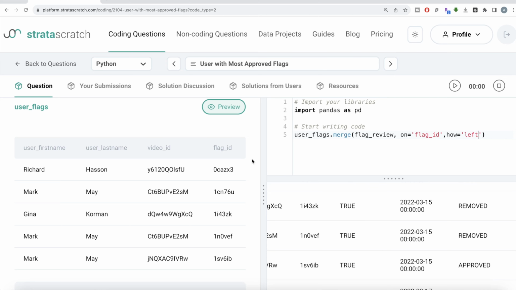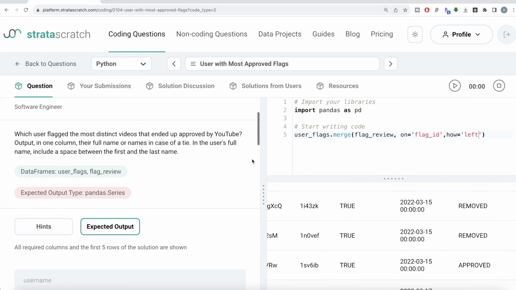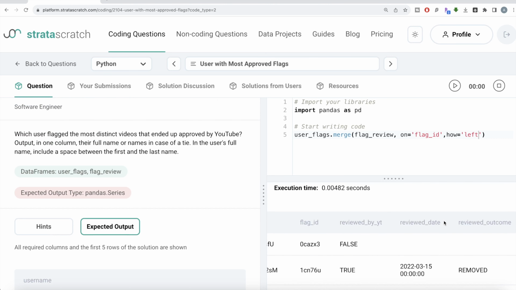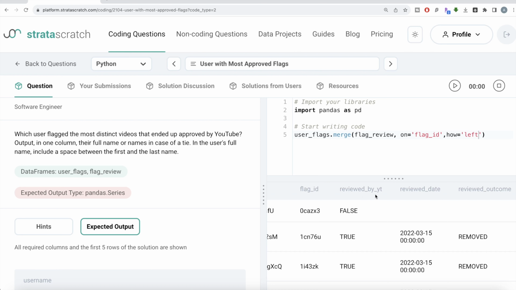We are only concerned about whether the video finally ended up being approved by YouTube or not. So firstly, we need to check whether it was reviewed by YouTube, and if yes, then what was the outcome. So reviewed outcome should be equal to approved as well. So let's save this in a data frame called df, and then try to perform two levels of boolean indexing. So df new is equal to df,